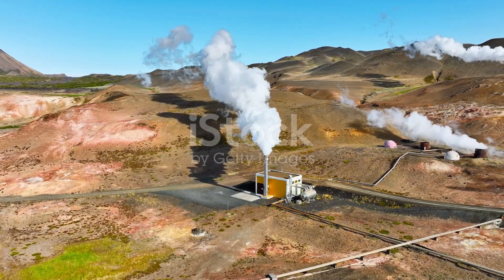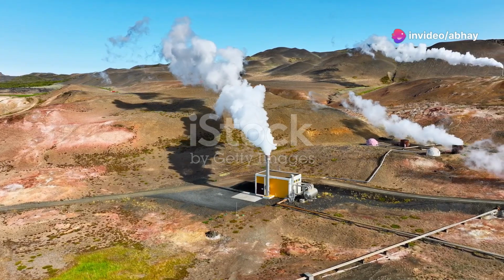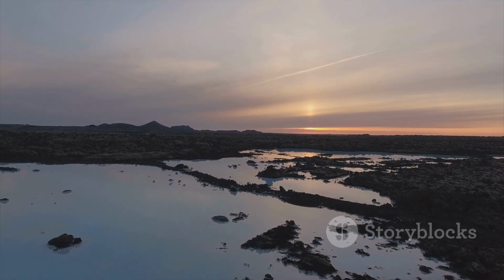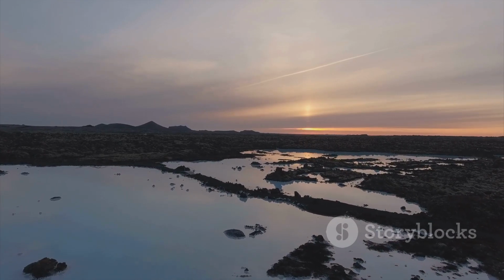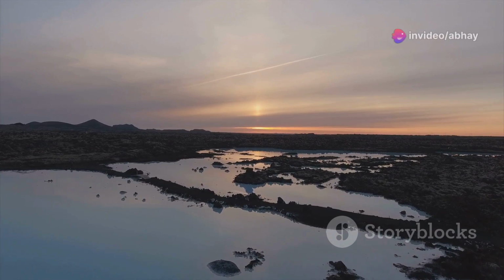Geothermal energy has a lot going for it. It's a fascinating and powerful source of energy that taps into the natural heat of the Earth. First of all, it's renewable, meaning it won't run out like fossil fuels. Unlike coal, oil, or natural gas, which are finite and depleting, geothermal energy is sourced from the Earth's internal heat,